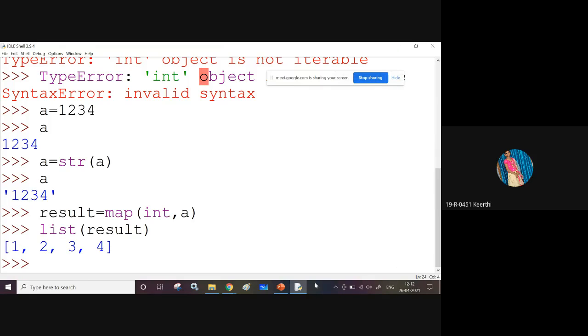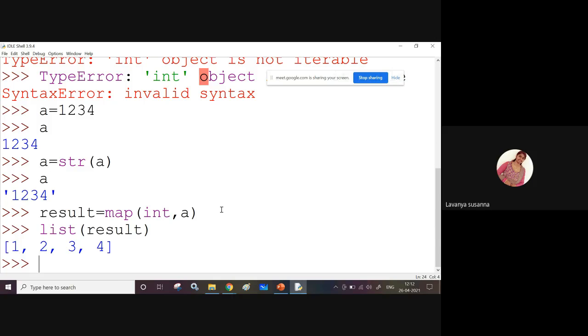Okay, see, the str function will convert into string, the int function will convert into int, the list function will convert whatever you have passed into a list. Now see, you got individual characters. You have given 1, 2, 3, 4. You have converted this 1, 2, 3, 4 into a string, and then you have used the map function.